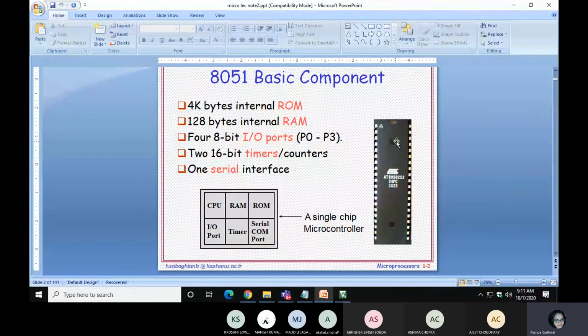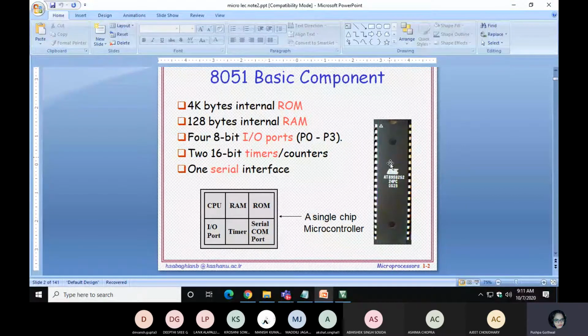So we discussed the processor till now. What is inside a processor? Internally you have a register array, a control unit and an arithmetic logic unit. In the controller you have a CPU, and inside the controller you have memory, RAM and ROM. IO ports, the input output pins, these pins are called the input and output pins. You can connect LEDs, switches, 7 segment displays, any devices here. There are timers to generate delay, and serial interfacing.